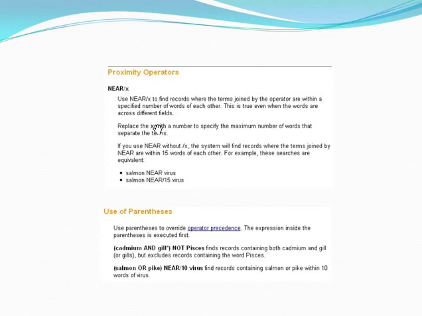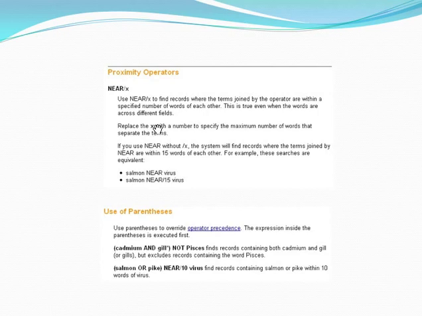Another thing that we can use when we search is proximity operators. Again, this will be database specific, and it's very powerful because we will have two terms, and we can tell our search how close those two terms must be in order to recall that document. In this case, this is Web of Science, and they use the word near,